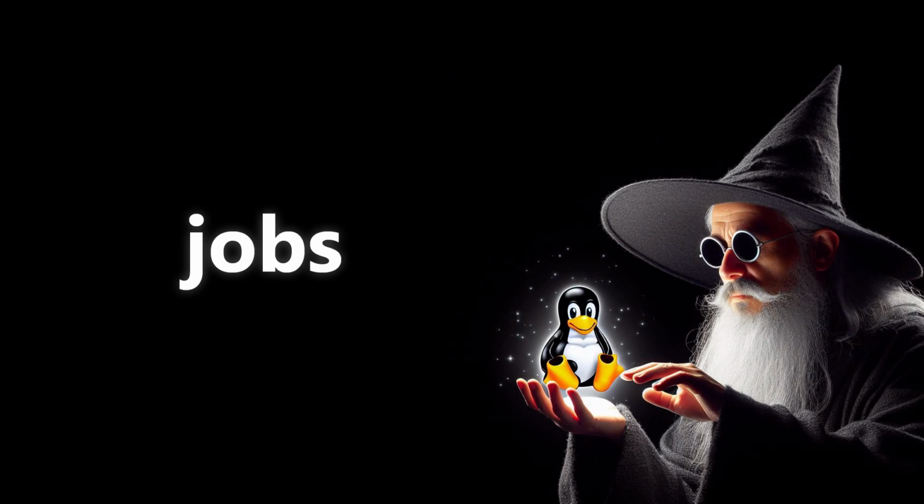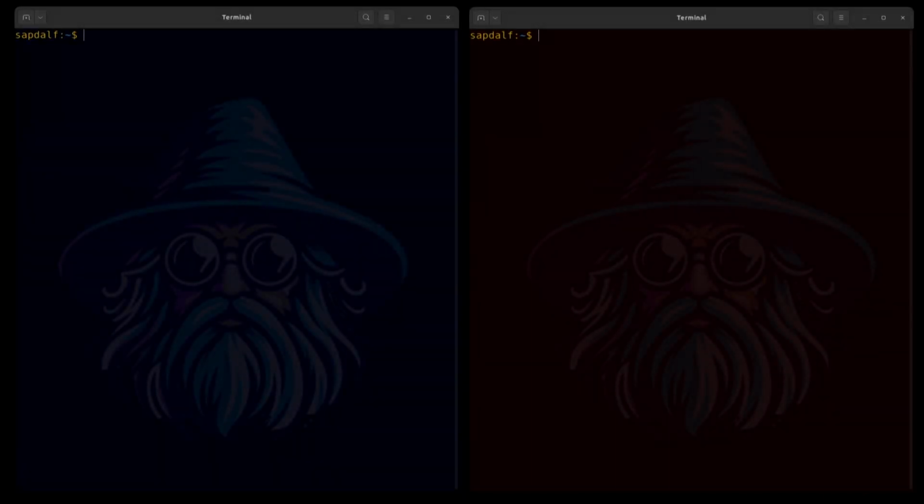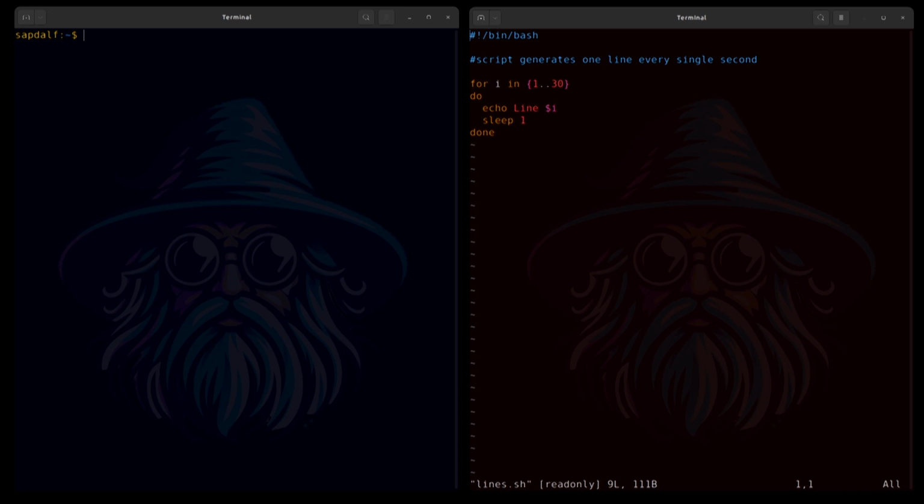Well, the job market and AI is a very hot topic. But this time, this is about Linux jobs. You know, tasks for programs. I prepared a script to print a new numbered line every second to present something to you. I can run this script interactively and terminate it after some time with Control-C. Nothing special.